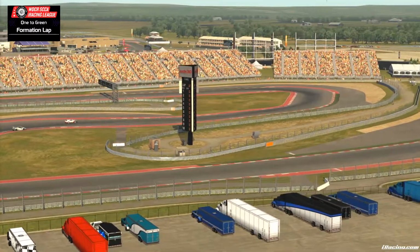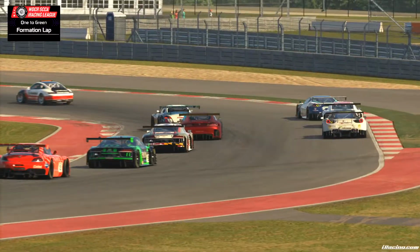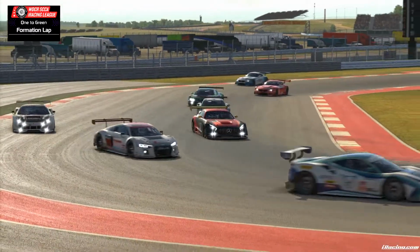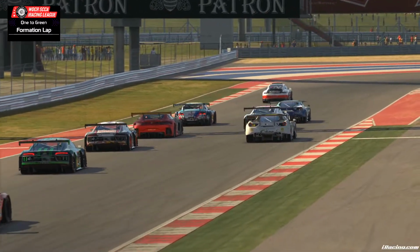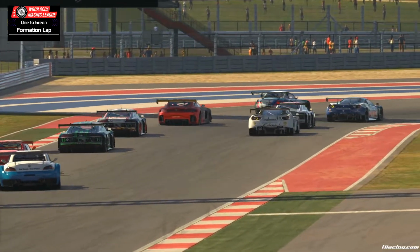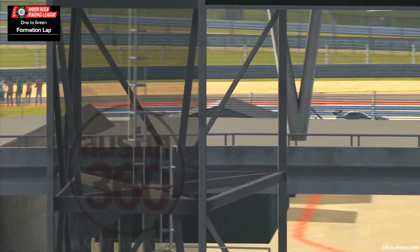So as we head through the arena section, saw a couple spins and slides down here. I think one of the things that GT3 cars struggle with in particular is when you get down to these very slow speeds and you're making corners at 30, 40 miles an hour, you have to harness basically 500 horsepower without any downforce through here. And that's a very difficult task, especially in the torquier cars like the Z4 and the Mercedes. It takes a lot of throttle management,